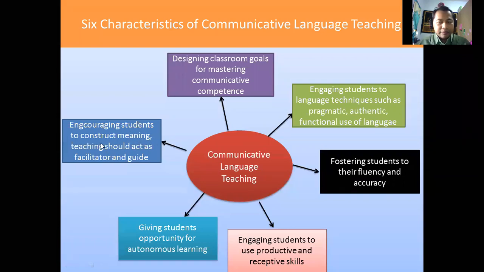In this case, we need to understand the role of the teacher, where the teacher in communicative language teaching is or should act as a facilitator and guide. The teacher is not the one who knows everything. Okay. So from these 6 characteristics of communicative language teaching, and then